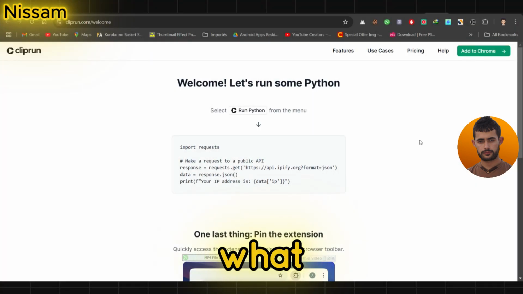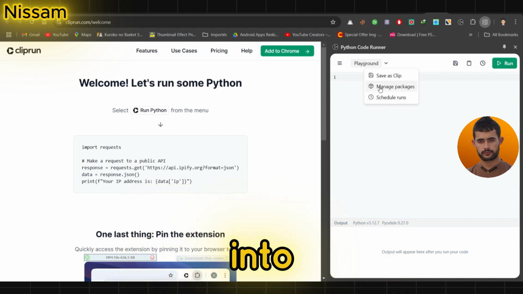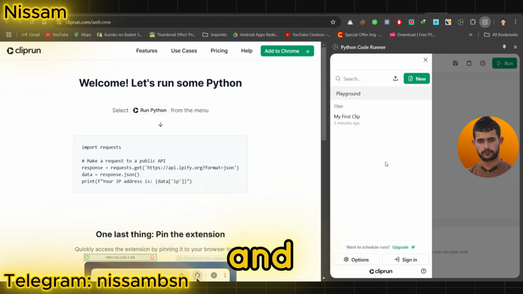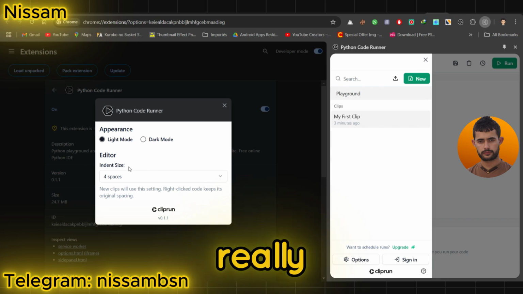All right, so what the heck is Cliprun? It's a tool that lets you run Python code right in your browser. And before you think it's just another boring coding app, nah, this one is different. It transforms any web page into your own Python playground. All you need is a Chrome browser, and boom, you're coding like a wizard. But Cliprun isn't just about coding on a blank screen. No, my friends, it's about saving time, automating boring stuff, and doing some really cool data analysis, all while staying